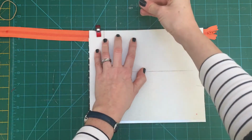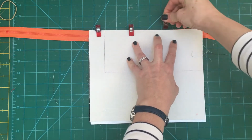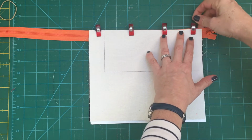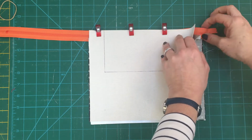So 1, 2, about 4 clips is plenty for this size. So remember, this was a 10-inch wide by an 8-inch tall. So that's not looking quite right over here. So I'm just going to sort that out